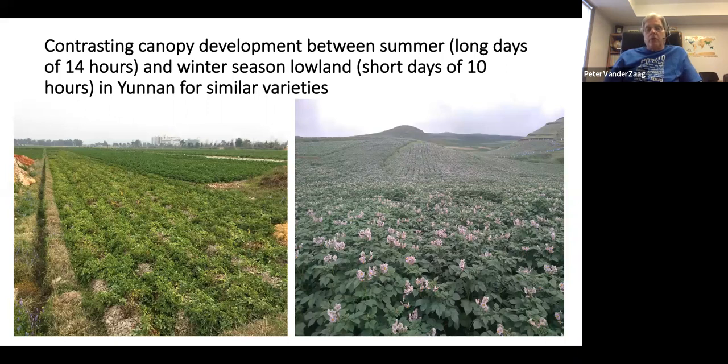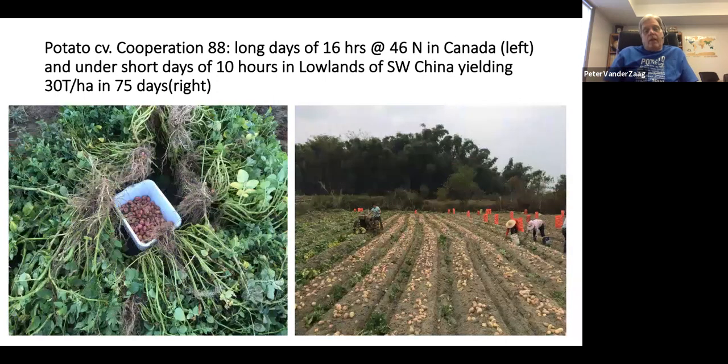Flowering profusely, beautiful crop, late maturing summer crop. That same seed goes to the lowlands in the winter season under short days of say 10 hours, 11 hours. There's no flowering, small canopy, and very quick senescence. Probably the plants mature in 70 to 80 days. And very nice